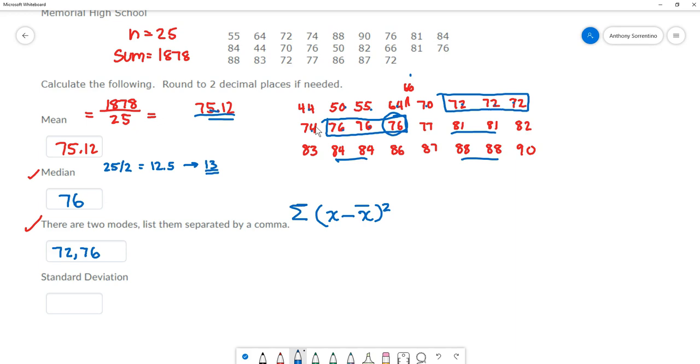And so I would have to do 44 minus 75.12 and square that. 50 minus 75.12 and square that. 55 minus 75.12 and square that. So forth and so on for each piece of data. For 72, I could do 3 times 72 minus 75.12 squared, and so forth. And so, if I go through and make sure to do that,